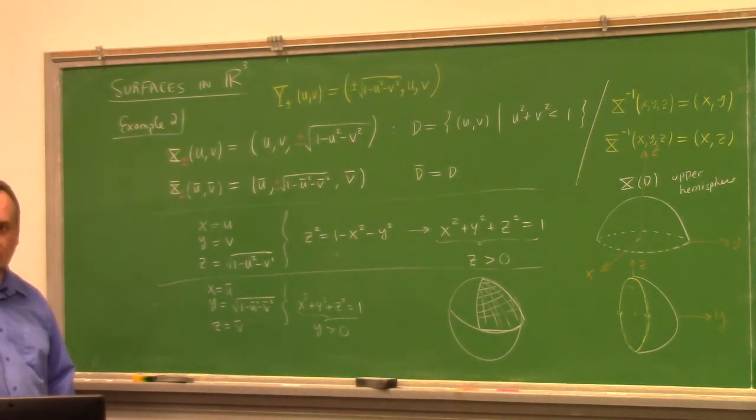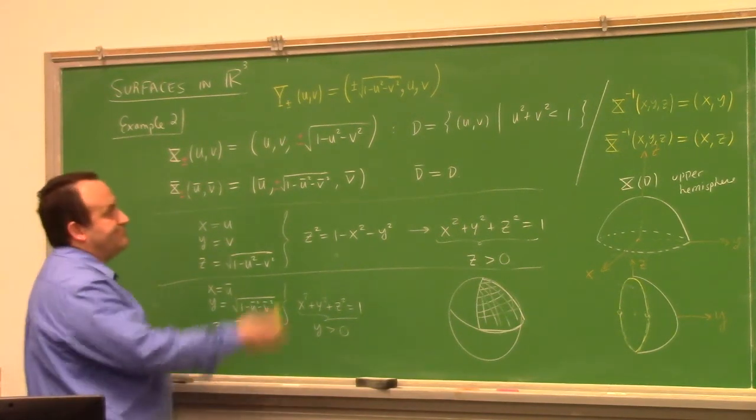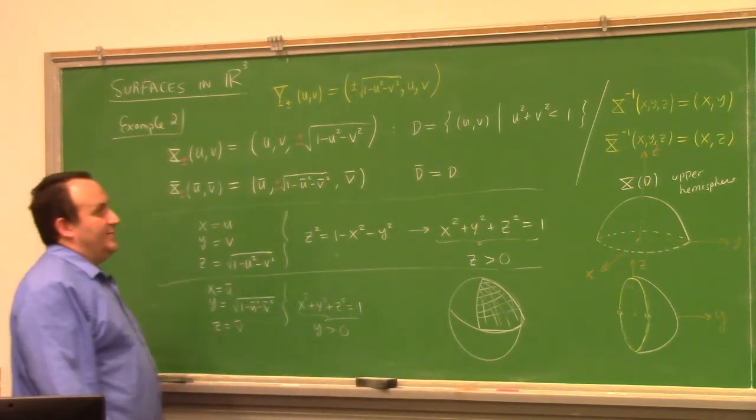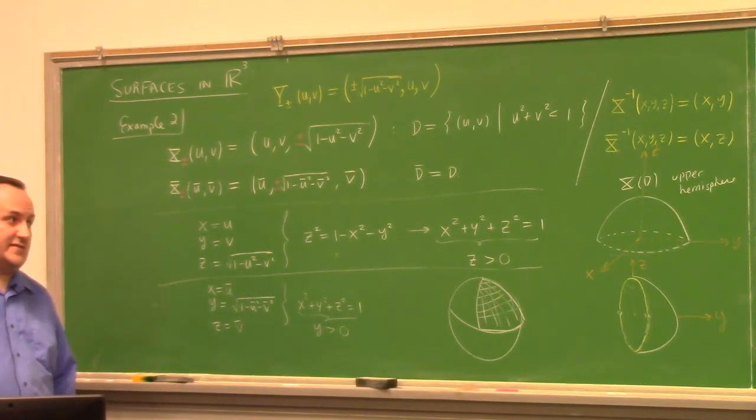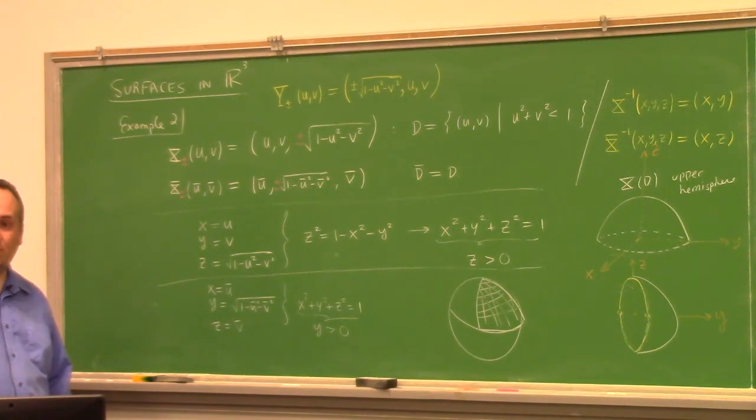Where's that point? And you need to check that they line up. For example, we need to check that they're all outward pointing. They may or may not be that. If I had to worry about that, there's something else to think through. But setting aside the issue of orientation, this is an atlas. These 6 patches together form an atlas for the sphere. And the sphere, by the way, is an example of a surface which is not simple in the sense that we defined earlier. You cannot find a single patch that covers the whole sphere.